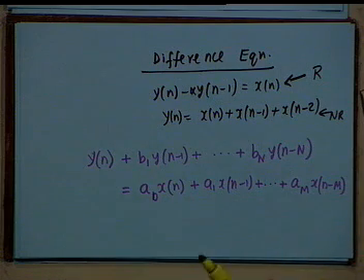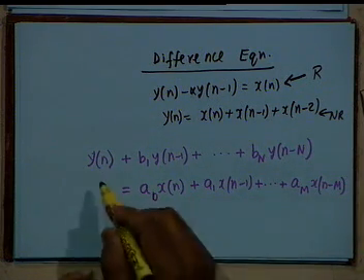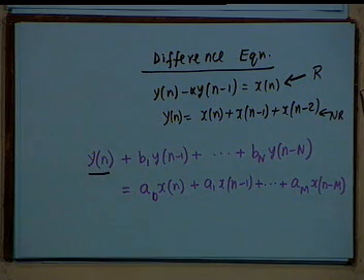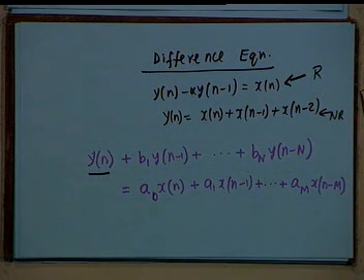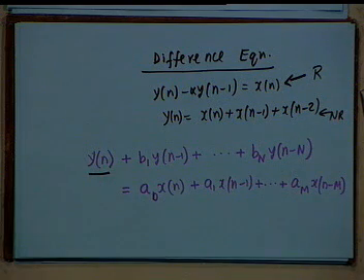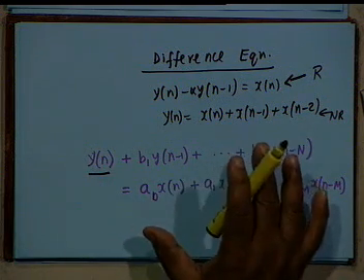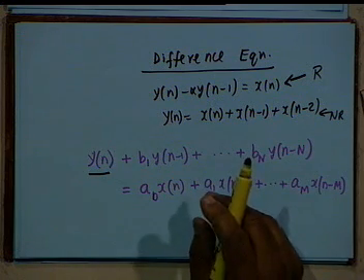If this is the situation, you notice that I have written it in a particular form. I have put the first term, the present output that I want to compute, with a coefficient of 1. If it comes with a coefficient b0, we shall divide throughout by b0. So it is always possible to write it in this form, and we shall always do it. It is a matter of discipline which we shall follow.